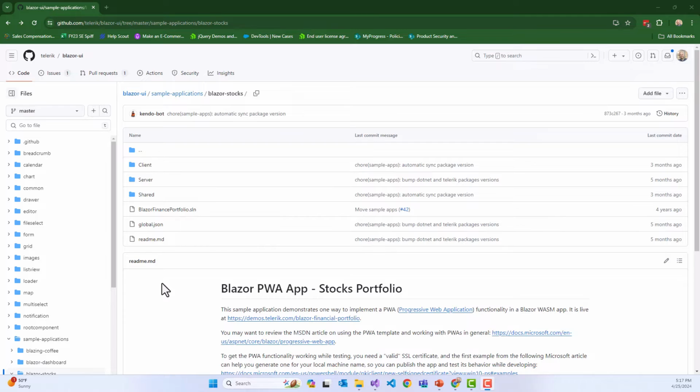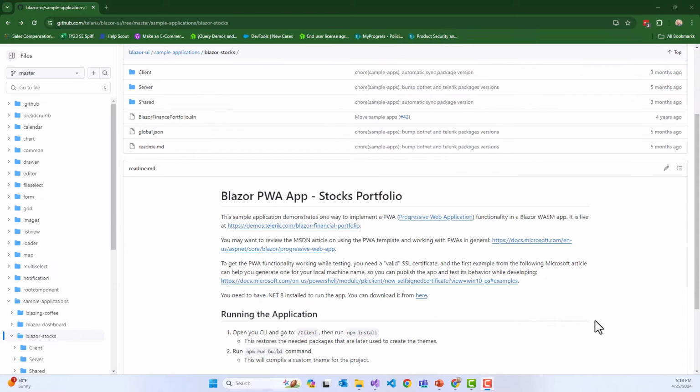Okay, to get started, we're going to clone a sample application. This is the Blazor stocks demo. This is hosted live on the Telerik demo site and is also in GitHub. This is a great little simple progressive web application. It was built as a Blazor WebAssembly solution using the hosted model. So it has the 3 projects in it: server, client, and shared. It's been recently updated to .NET 8, but the coding isn't too complicated, so it's a great little simple test